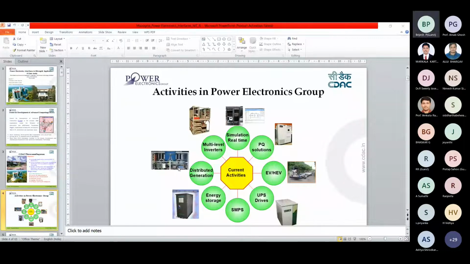The major features are a 25 kilowatt solar PV as primary source, a 30 kilowatt indigenously developed power conditioning system, then a 360 volt 300 Ah battery storage, and LVDC based street light application. Then we also introduced indigenously developed smart energy meters.